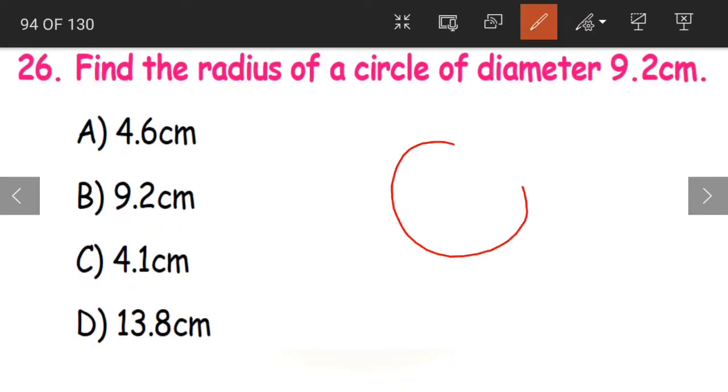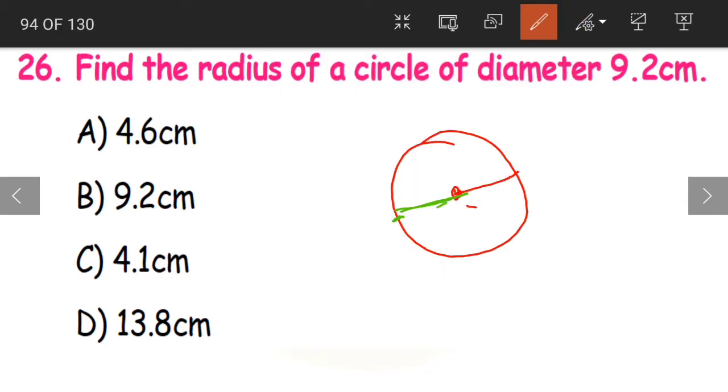If you observe the radius and diameter of a circle, this is the radius, yes or no? And when we join the center with the other end also, then this will be our diameter, yes or no? This is the diameter. What is this? The complete green line will be our diameter, and only the red line is called the radius of the given circle. Now what can we observe here?